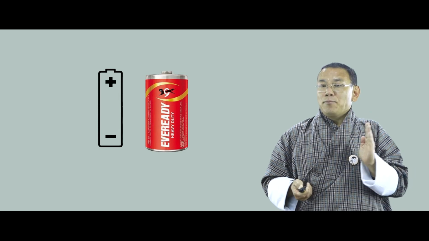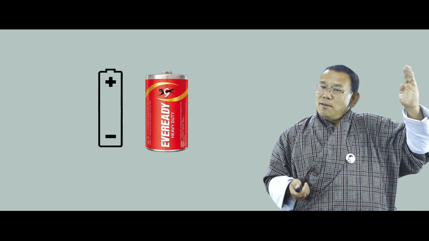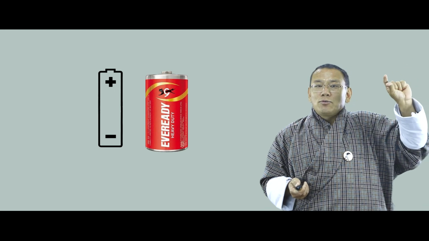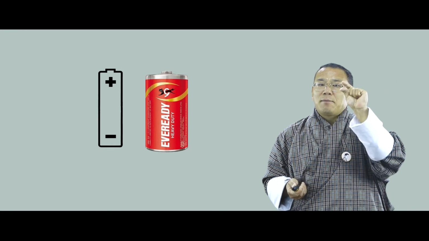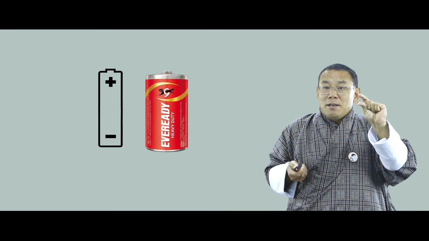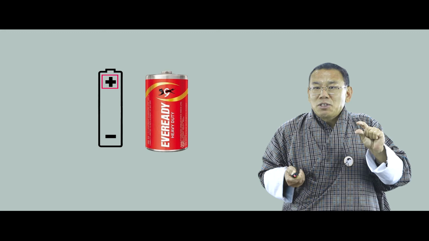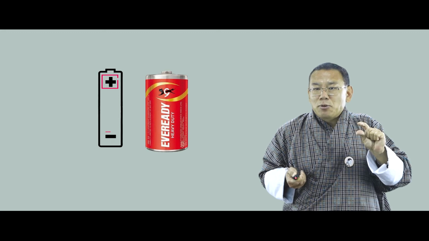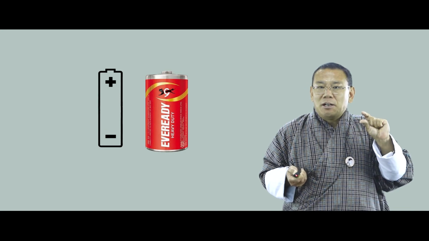And if you now try to recollect the two diagrams, X and Y, you remember that if you try to connect the two surfaces X and Y by a conducting wire like copper, electric current will start to flow in the copper wire. Similarly, here, this end is called positive potential and this is called negative potential. Negative potential is at a lower potential, positive potential is at a higher potential.